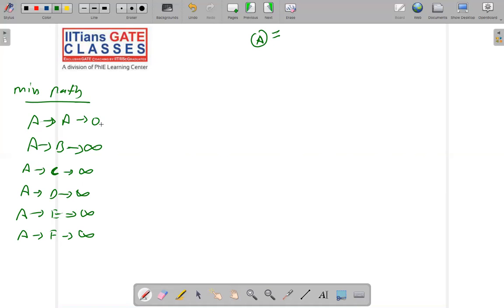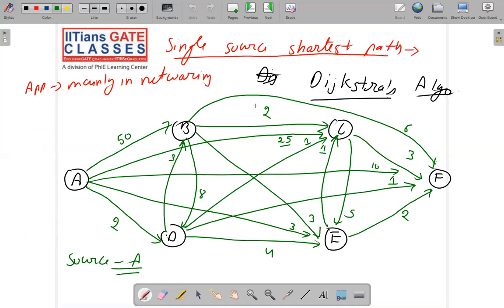From A to A, we have 0. From A to B, A to C, A to D, A to E, A to F, which is the minimum one? If you have noted down this one, I will go back sometimes here. If you have this diagram in your notebook, you can check this one and check the reference that from A